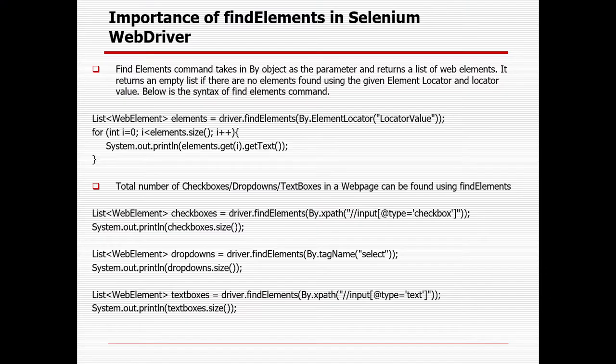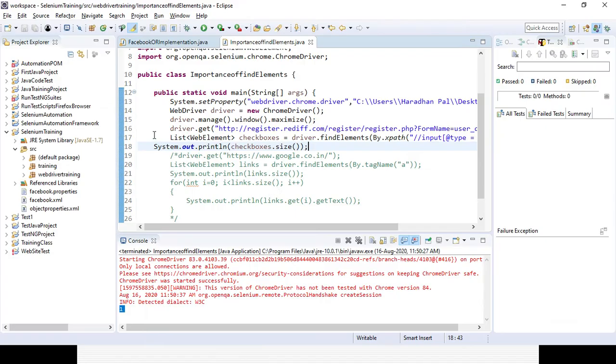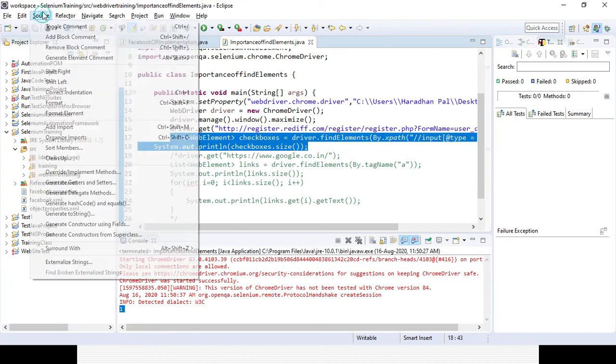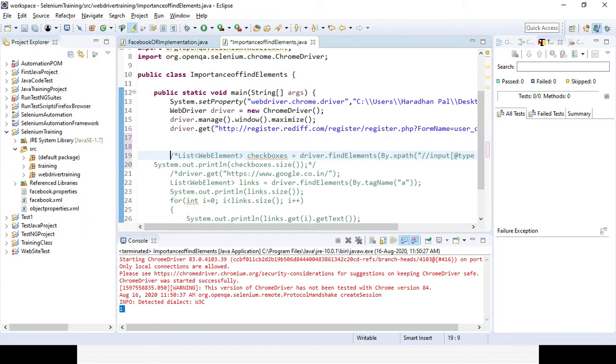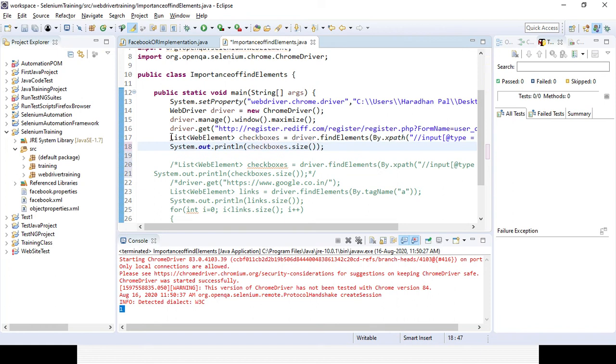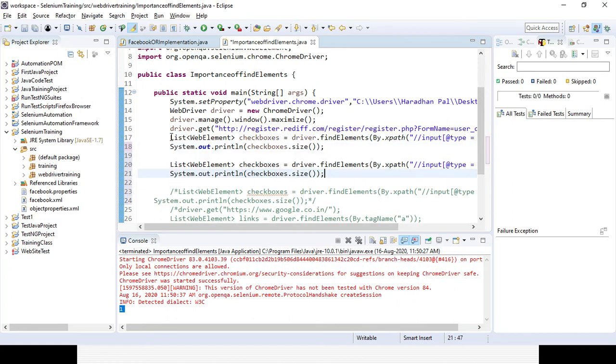So how can you do it? You can use tag name equal to select, or drop down, for all the drop downs. So here I will copy that line of code and comment it out first. Okay, so I will first do drop downs, then I want edit box. So for edit box,